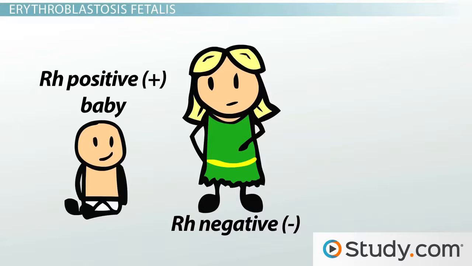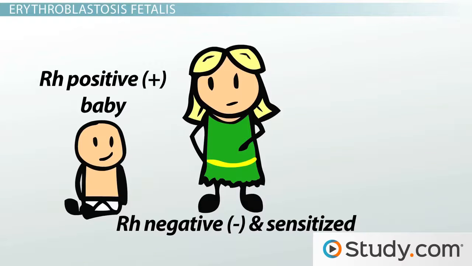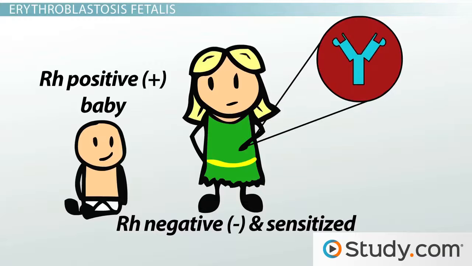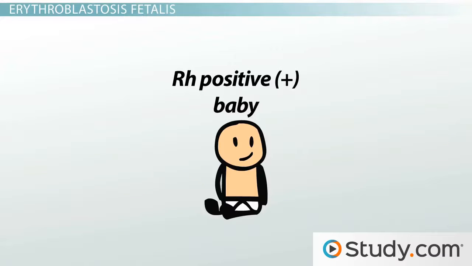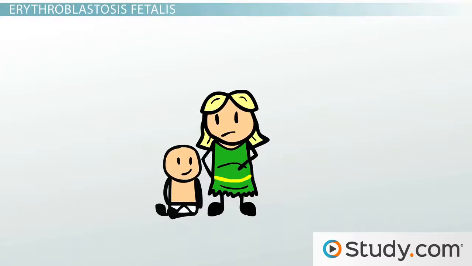In fact, the first pregnancy for an Rh negative mom and an Rh positive child typically results in a healthy baby. But the mother is now sensitized by Rh positive antigens that have passed through the placenta and into her bloodstream, and that means she will start to form anti-Rh positive antibodies. This will be a problem if she ever becomes pregnant again with an Rh positive child because her antibodies will reject the child. So modern medical science came up with a solution, and that solution is to treat the mother